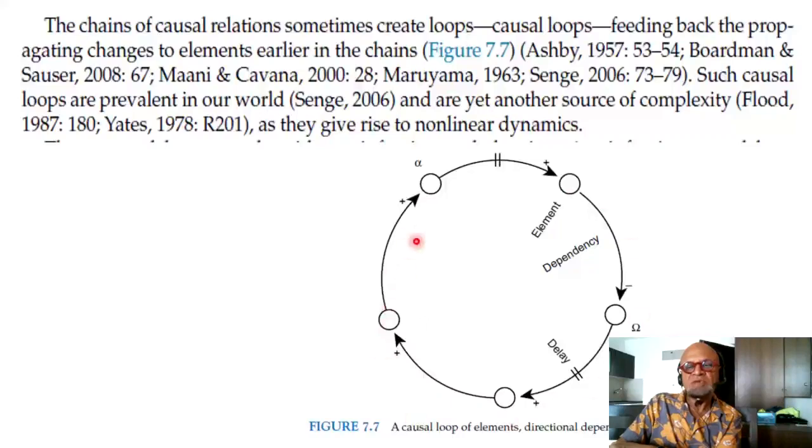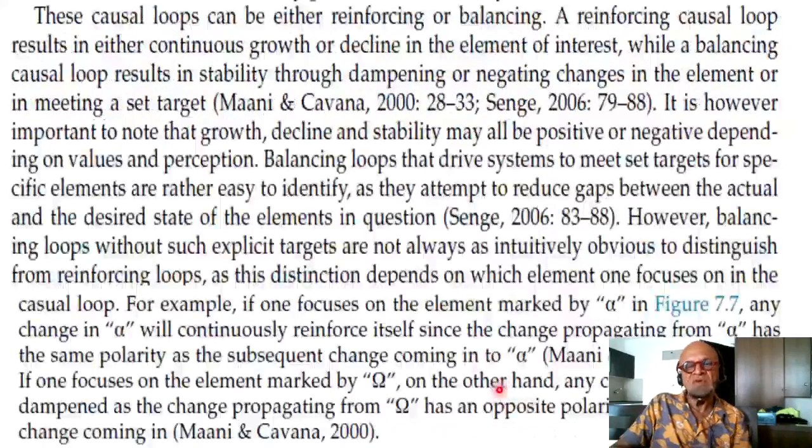So causally speaking, this keeps growing, but there is a negative in here, so this tends to damp omega, but omega then amplifies the next element and so on. So don't worry too much about it. Just get a sense of the positive and negative feedbacks with the thermostat example I used, or the ice-albedo feedback